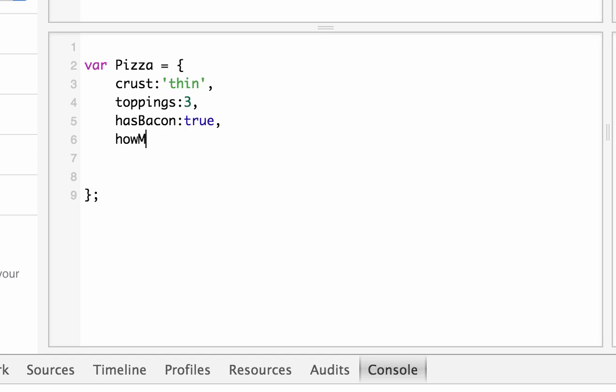We'll add another method called howManyToppings. It will return the number of toppings. So for that, instead of adding a property value, we'll just add a function. Now in between here, we will simply say return this dot